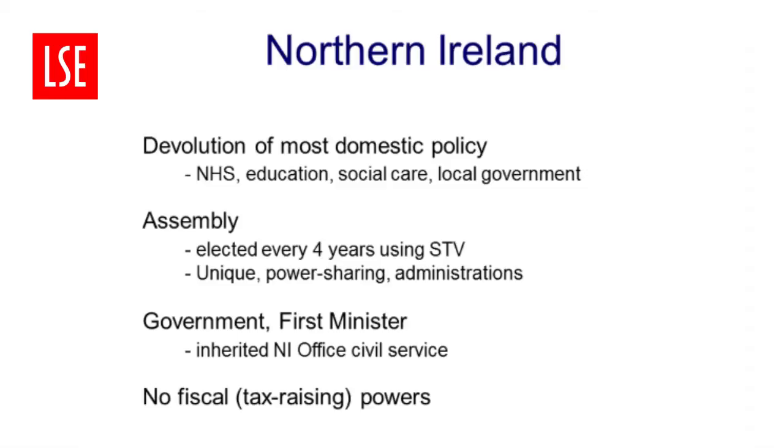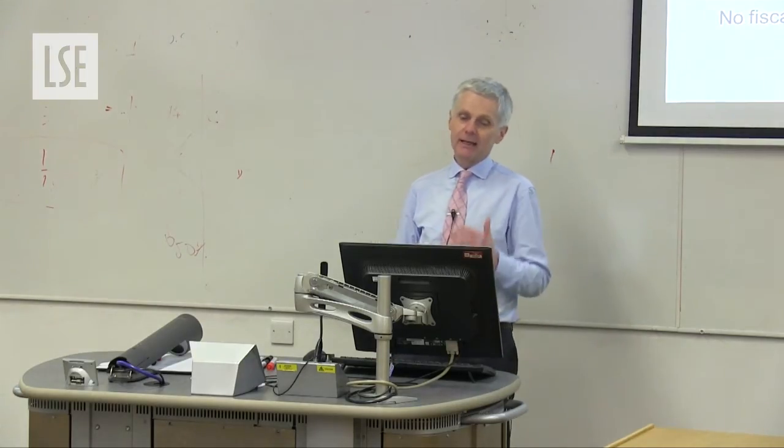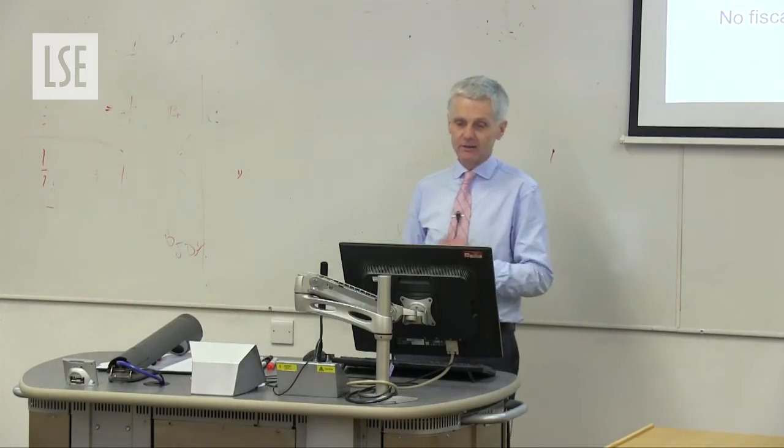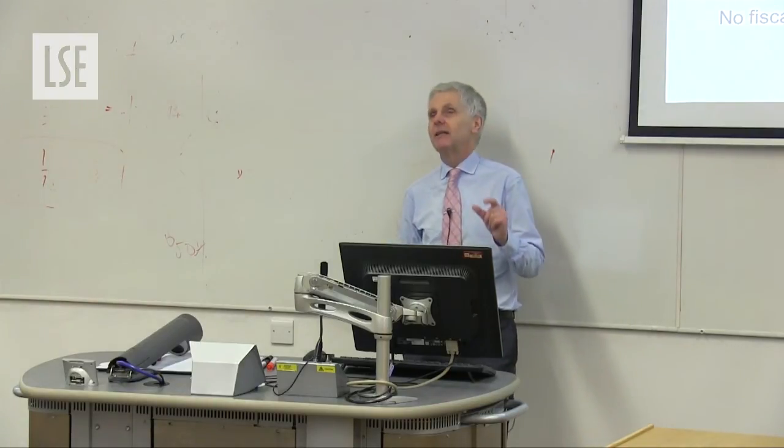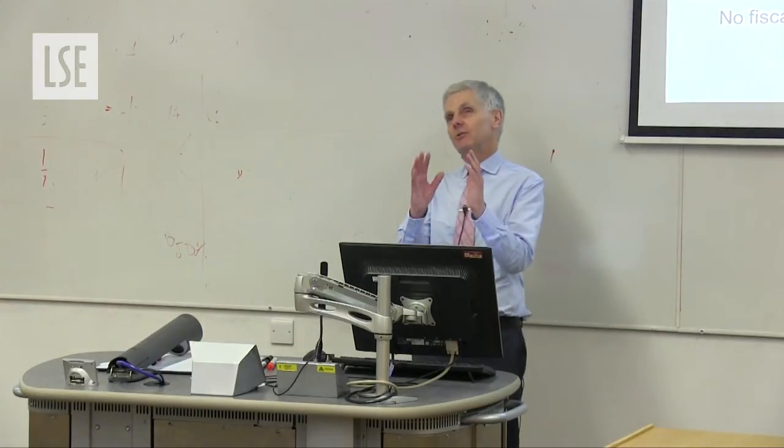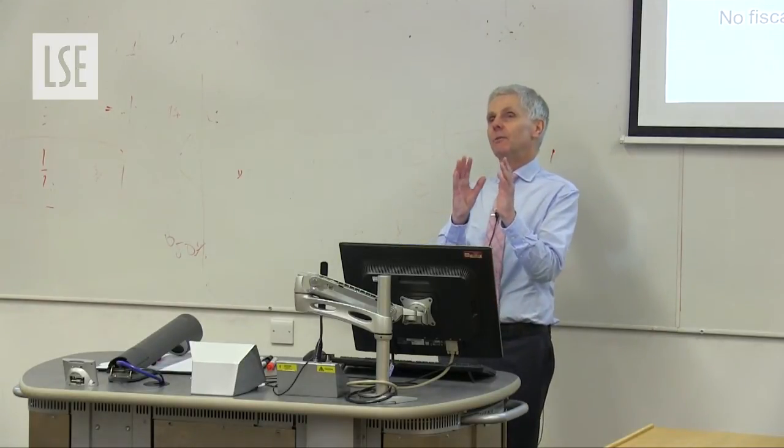Northern Ireland. Now, the Northern Ireland system of government bears many similarities to Wales and Scotland. It has most domestic policy devolved to it: health service, education, social care, local government, and a block grant as in the other two nations. It has its own assembly, elected though using a different voting system. It uses the single transferable vote, not the additional member system. And it has a unique power-sharing administration, effectively requiring the major parties in the Northern Ireland Assembly